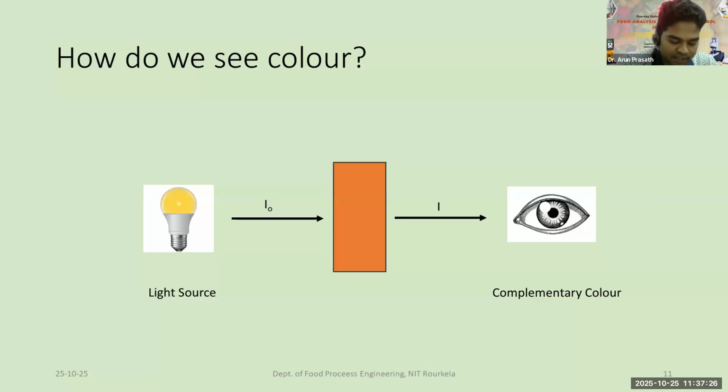So how do we see the light? How do human eyes see the light? When the light source is incident over the surface, the same happens. Based on the surface characteristics, a certain portion of the visible light is affected. As we all know, the visible light region comprises